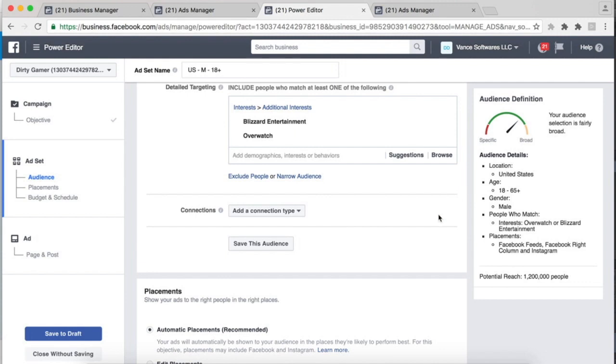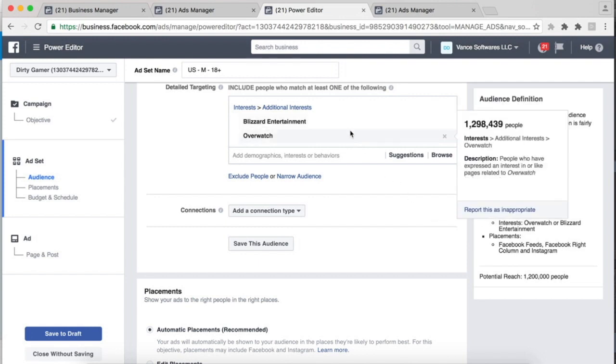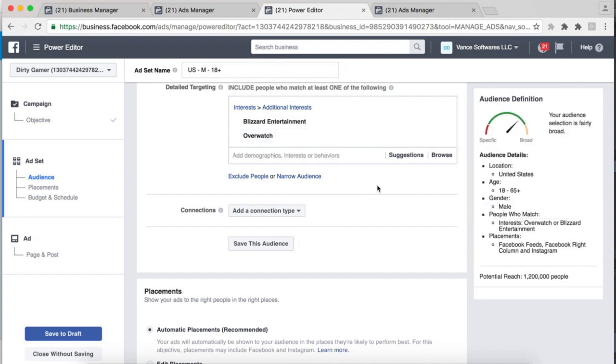What we can do here is reach as many people as possible, because that's the whole point. We're just going to go for engagements. I want to make this not too big, but big enough to make my target customers see my stuff, so audience size is something I have to keep in mind. I like to keep it anywhere from 800,000 to 1.5 million for my paid post engagements, so I can typically reach the best amount of people I possibly can.